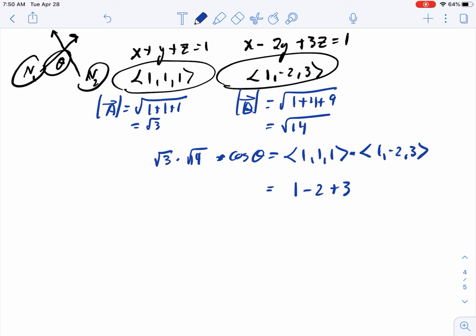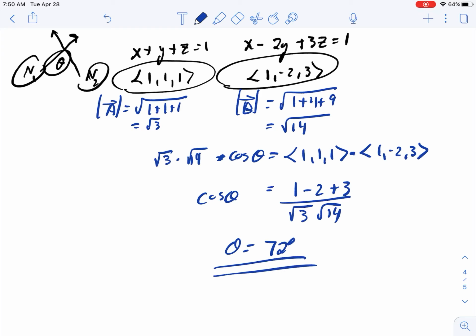So there you have 1 minus 2 plus 3. Okay, and we're going to divide that by square root of 3 and square root of 14. That's cosine of theta. And I do believe it turns out to be about 72 degrees, somewhere in there, finishing that off. So again, we are finding the angle between the two norms, but those norms have the same angle as the planes. So again, like I said, nothing new, just wrapping your head around what you